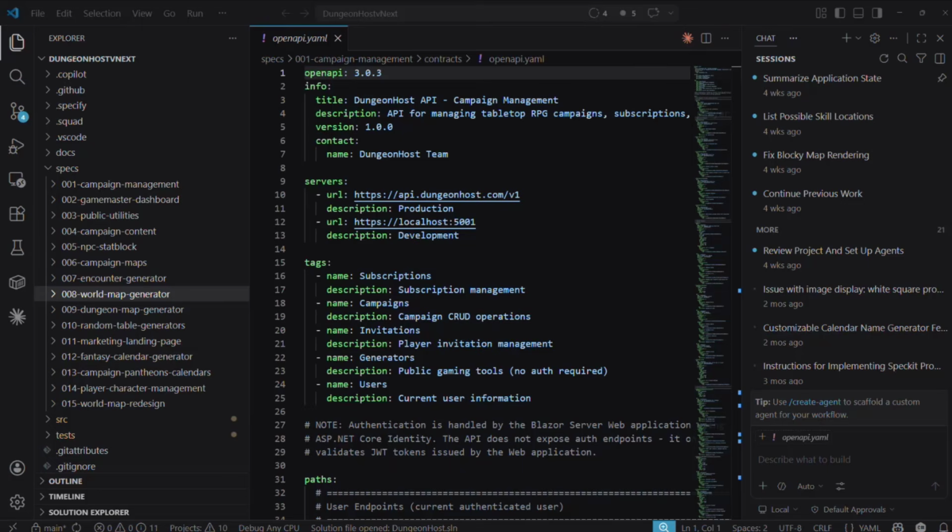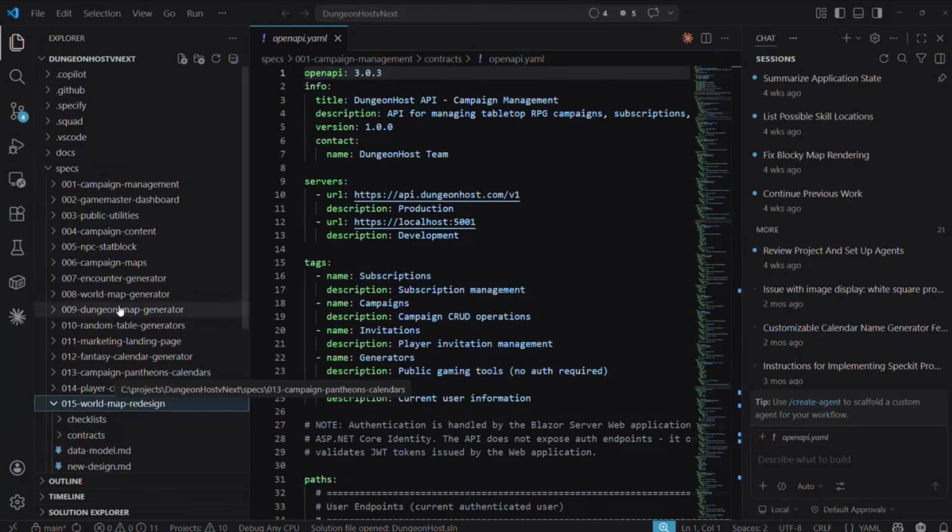I have another question. As these spec files get bigger, do you start using more and more tokens? It doesn't really, because, for instance, your constitution document won't change that much from the time it was initially created. And then the only documents that are getting included are those that are part of the current specification that you're working on. So if I'm working on specification 15, it's not including any of the stuff from 1 to 14. So it's not like, with each specification, that context gets bigger and bigger and bigger. None of that stuff gets included. It's only concerned with what's in the current folder that it's working with.